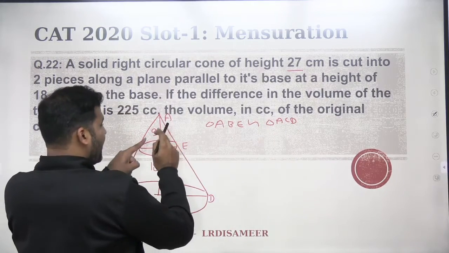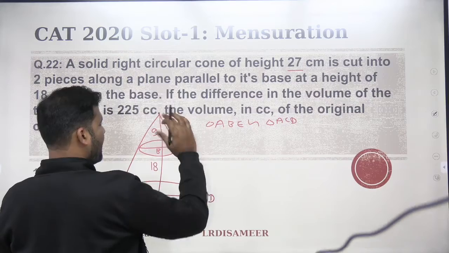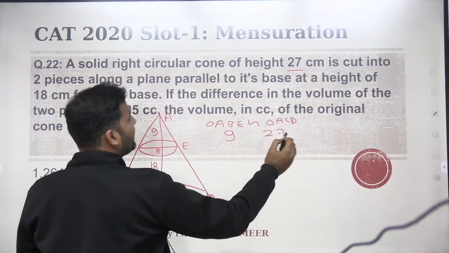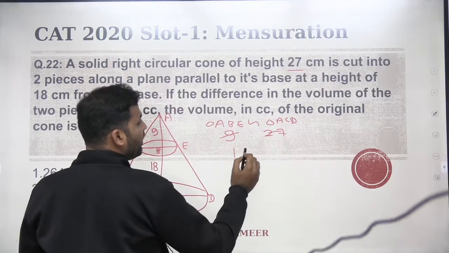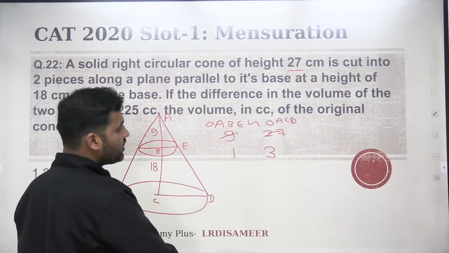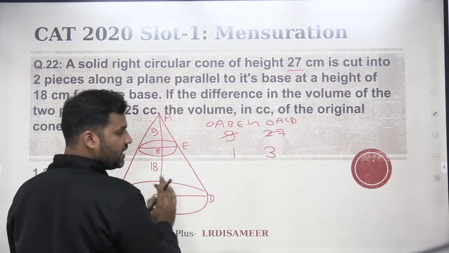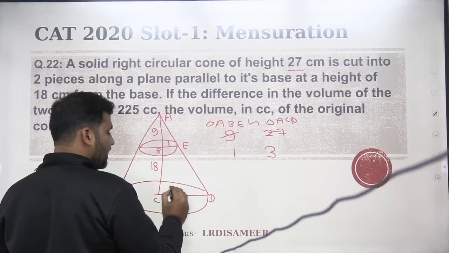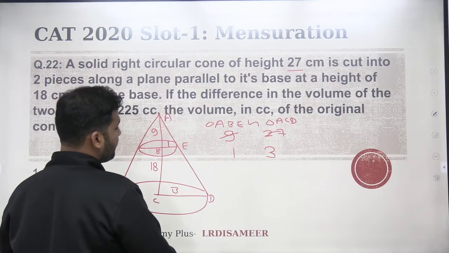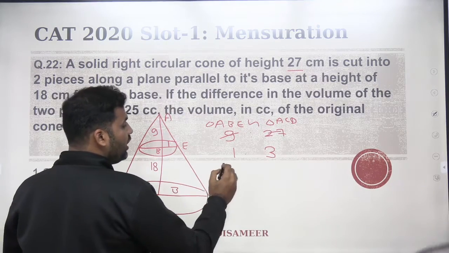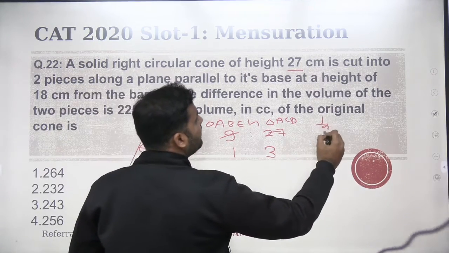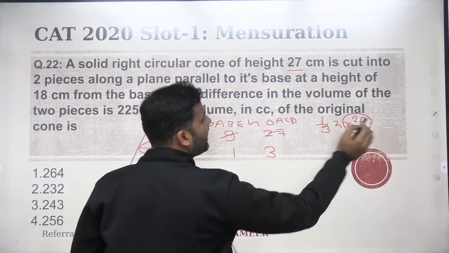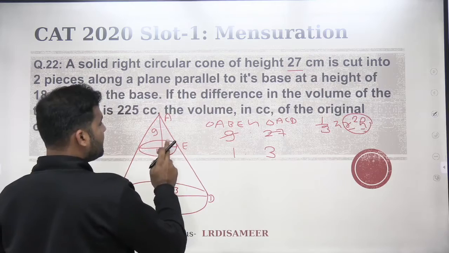So whatever the height ratio is, you see that the height of this is 9, the height of this is 27. The height ratio will be the same as the radius ratio. So if this is the height ratio, I can say the radius ratio is also 1:3. That means if this radius is 1, this radius will be equivalent to 3. And the volume of the cone is 1 by 3 pi r square h. The volume depends on the square of r and the height. Now this is 9, this is 1.